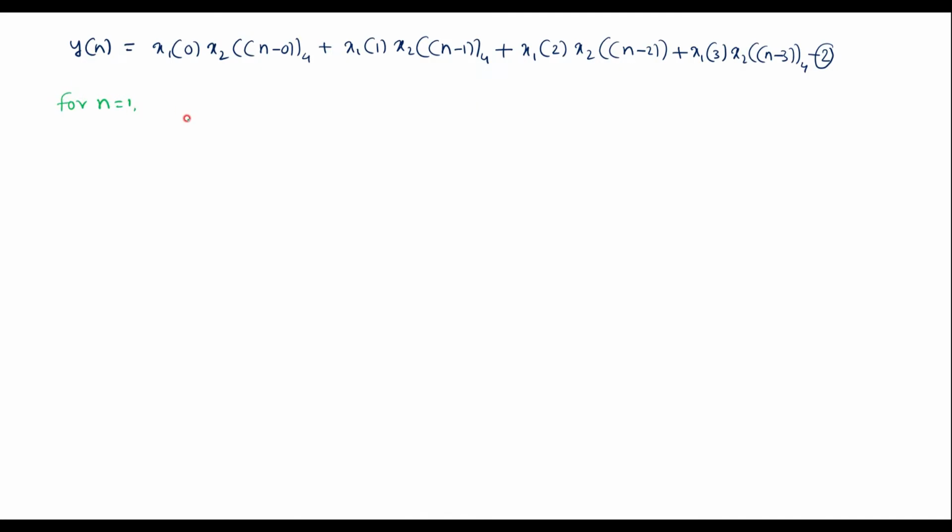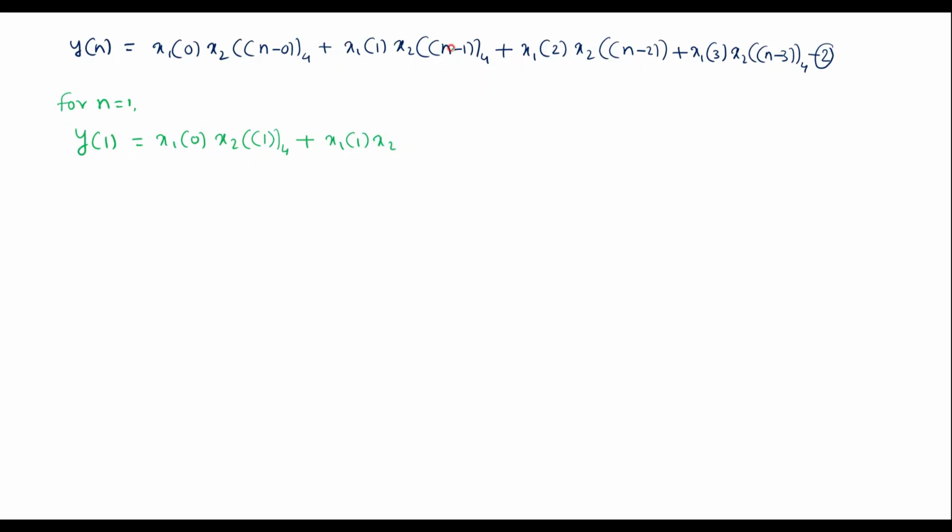For n equal to 1, equation 2 can be represented as y of 1 is equal to x1 of 0 into x2 of n value is 1, 1 minus 0 is 1, so it is as good as x2 of 1 only, plus x1 of 1,